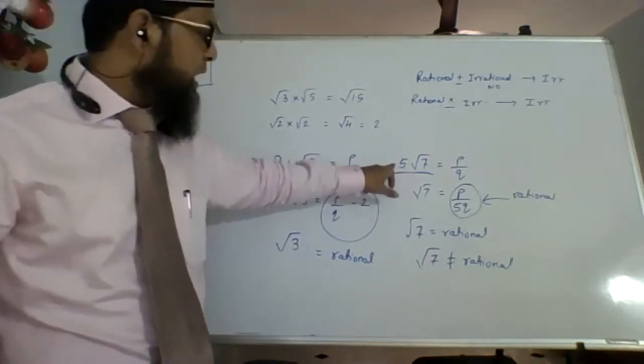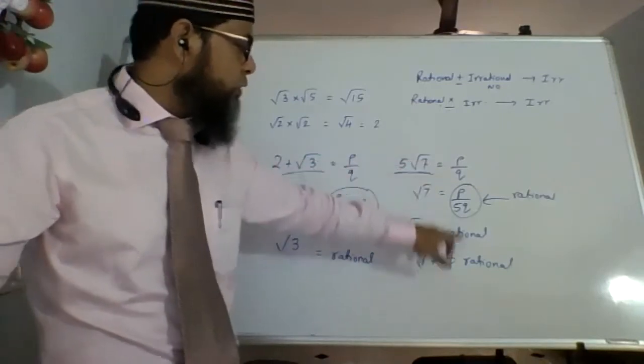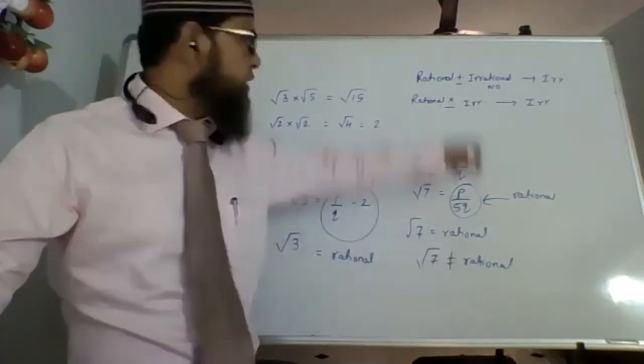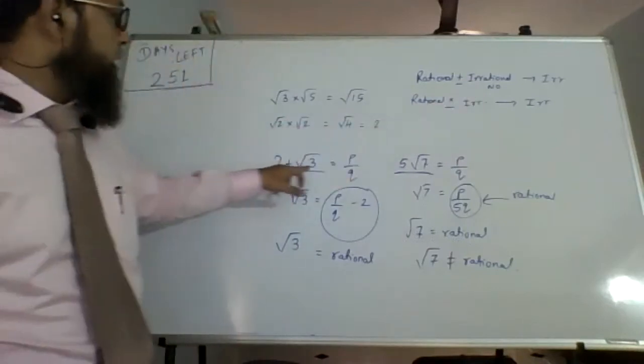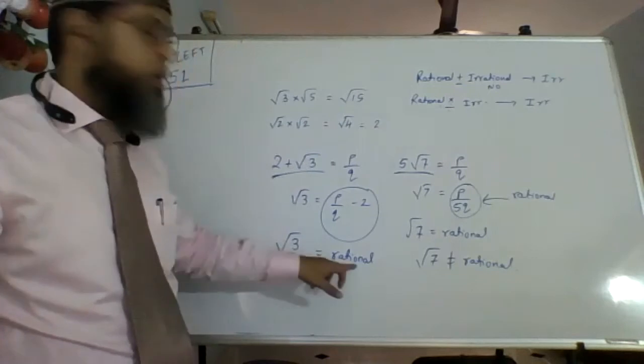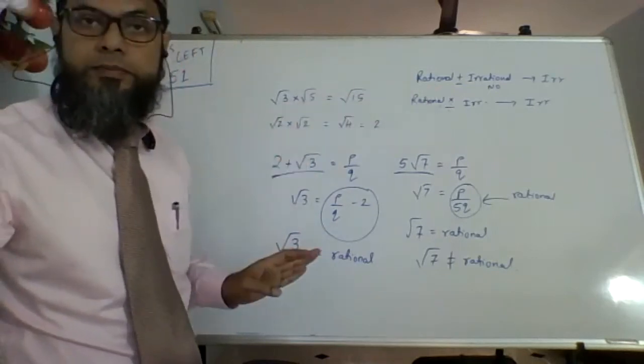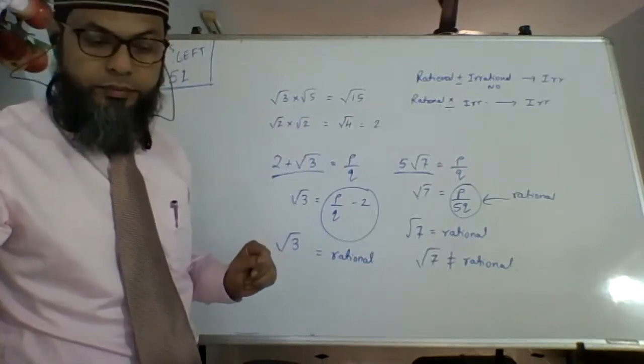ठीक है ना? So ये एक number rational, दूसरा irrational. ये दोनों का product will always not be rational. It will always be irrational. Similarly, एक irrational number के साथ में add कर रहे हैं आप rational number, you will not get a rational number, you will always get irrational. Is that clear?